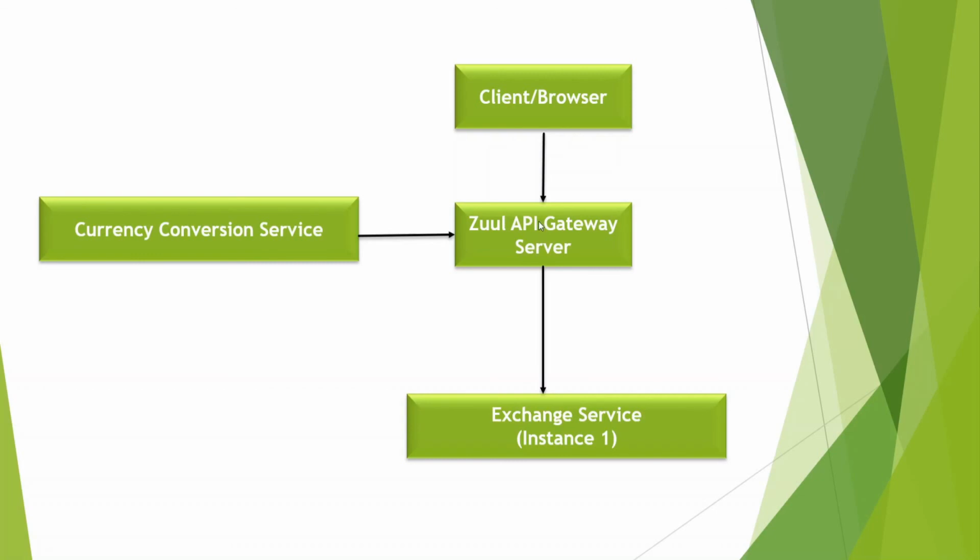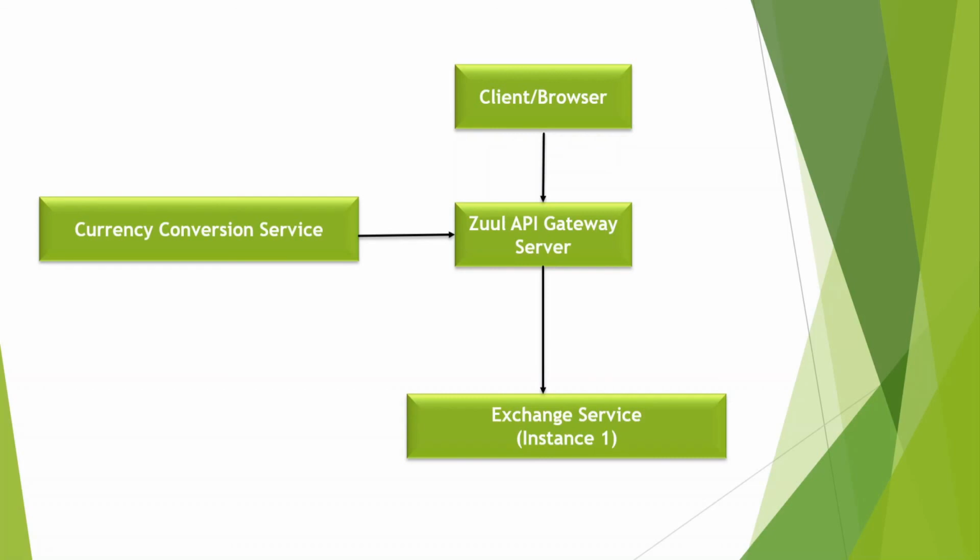So that's all about the Zuul API gateway server. Using that, you are giving flexibility to the system or the microservices. You do not need to implement the same kind of features in all microservices. You just need to implement the things in a Zuul API gateway server which can be used by the other microservices. Whatever common features are required across the microservices, you can implement over there.